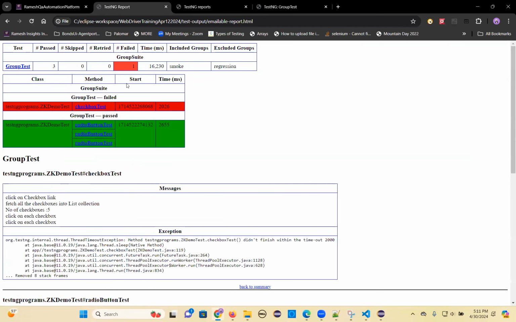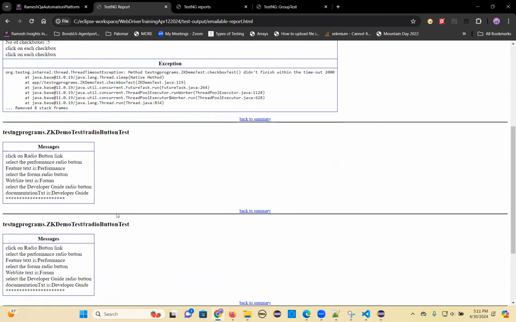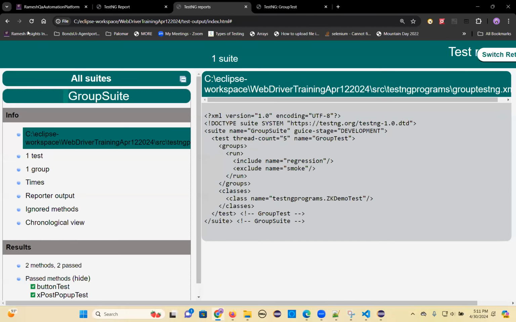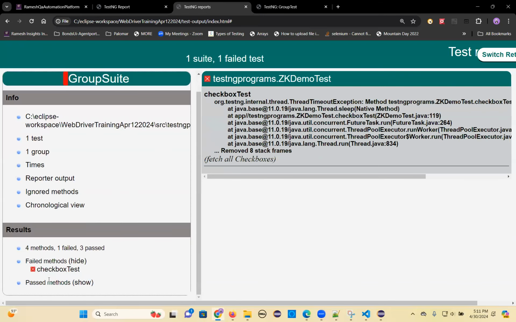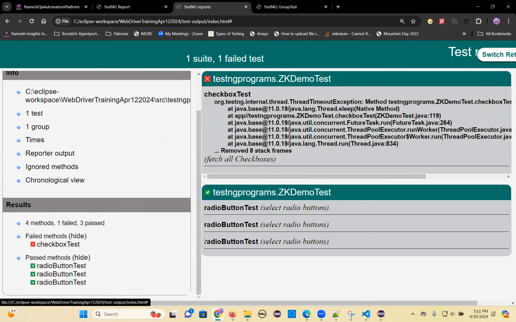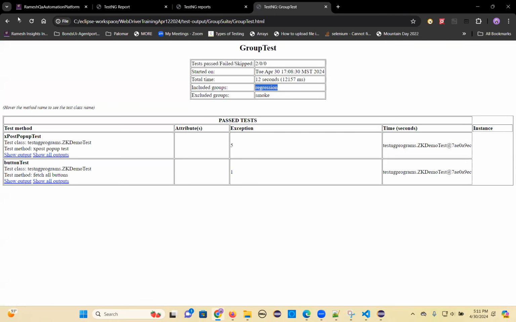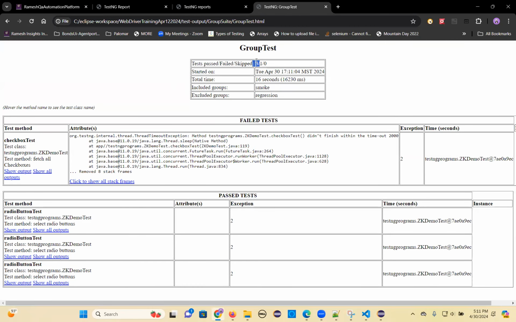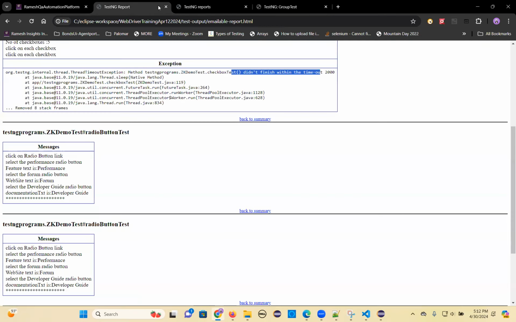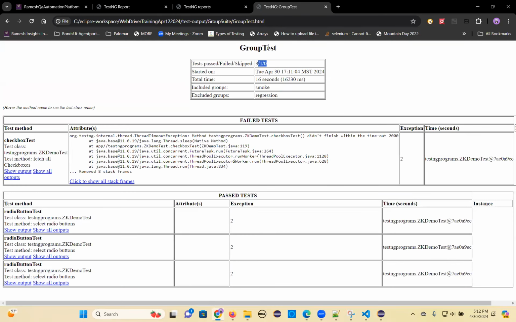Just refresh it. See, 1 failed, smoke, regression. Checkbox test is failed because it didn't finish within the timeout. Same here also, you can see past ones. Okay. So that's all about this